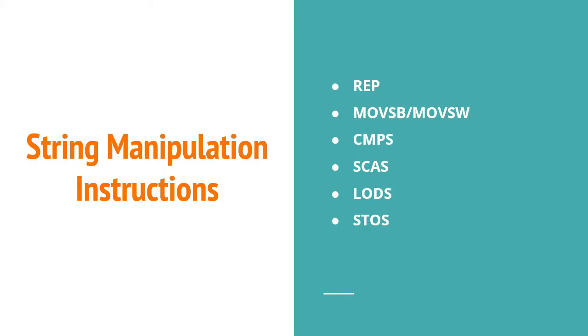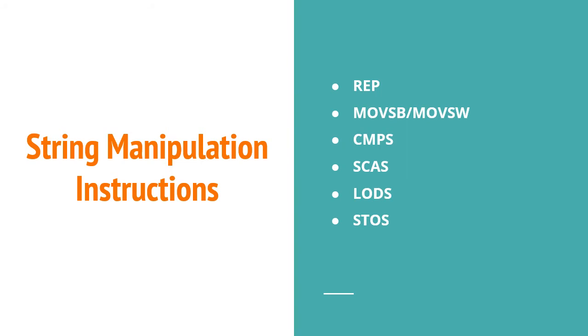The next category of instructions in the 8086 instruction set is the string manipulation instructions. First, let's see what is being referred to as a string. A string is a series of data bytes, or a series of words, which are available in memory at consecutive locations. They are collectively or individually referred to as byte strings or word strings. If it is a series of bytes, then we refer to them as byte strings, and if it's a series of words, then it is called a word string.